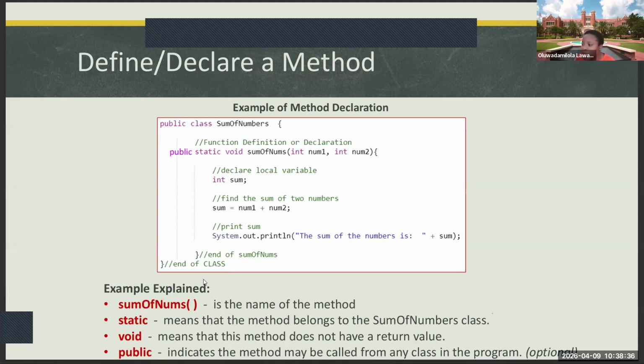So the sum of nums is always what? The name of the method. Static means the method belongs to the specific class. Void, that's our return value for it. And this is indicating what? It is public, which is telling